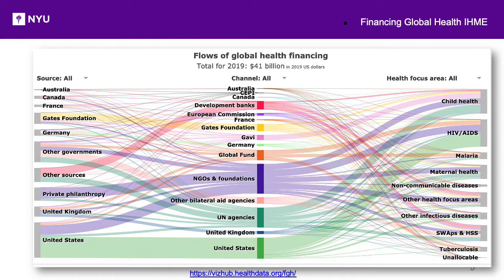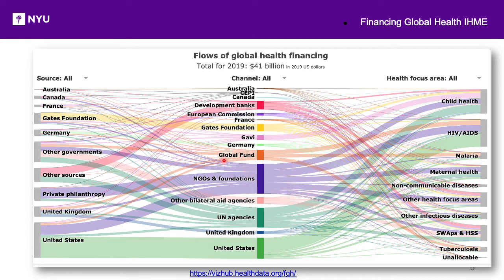This is an image that has been created by the Institute for Health Metrics, and specifically, this image looks at 2019 and looks at $40 billion in US dollars, and it flows global health financing. So it looks at all sources based on, for example, country and governments. For example, Gates Foundation is here, different governments are here, and it looks at channels, development banks, European Commission,